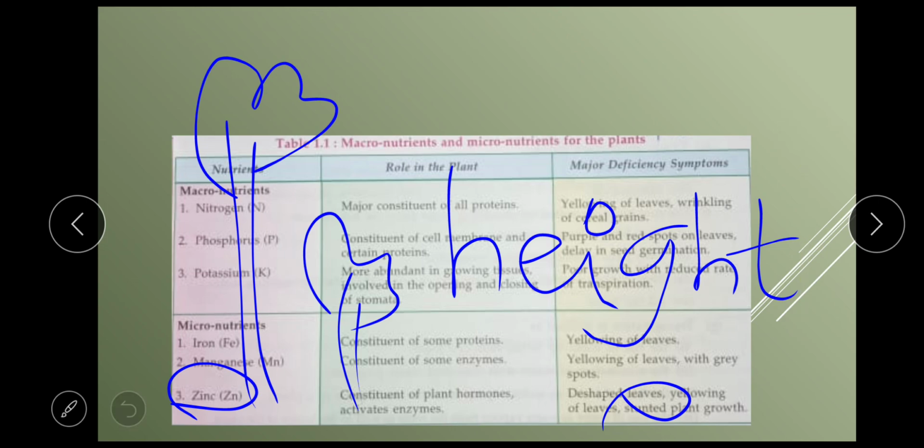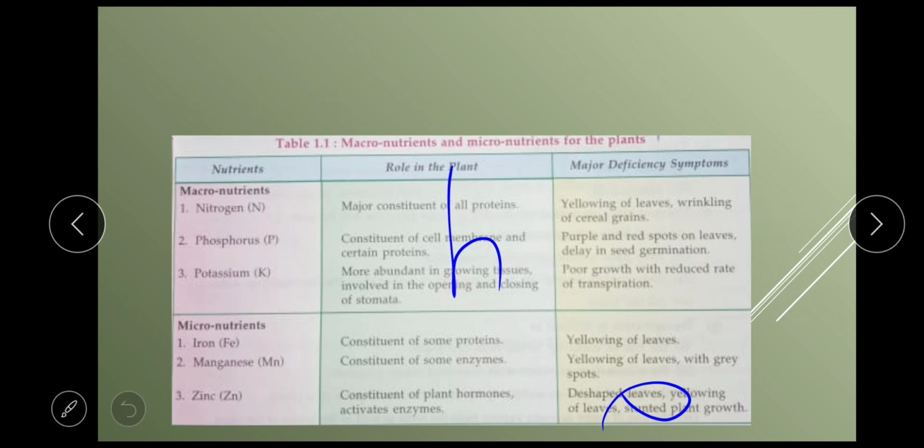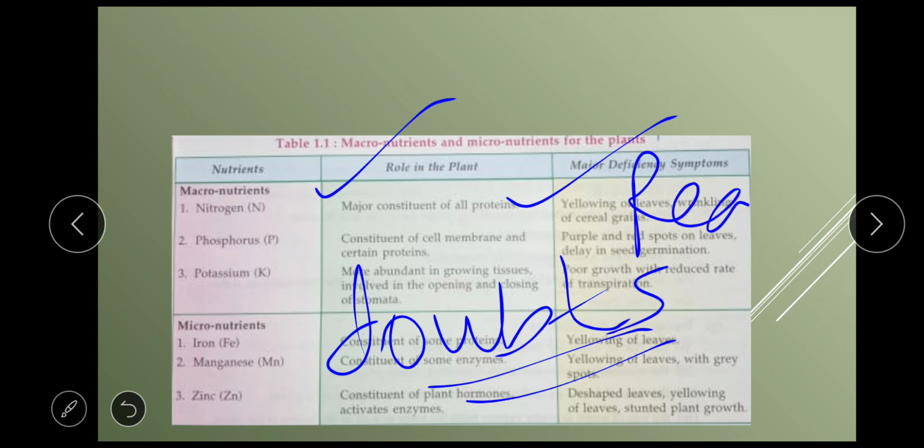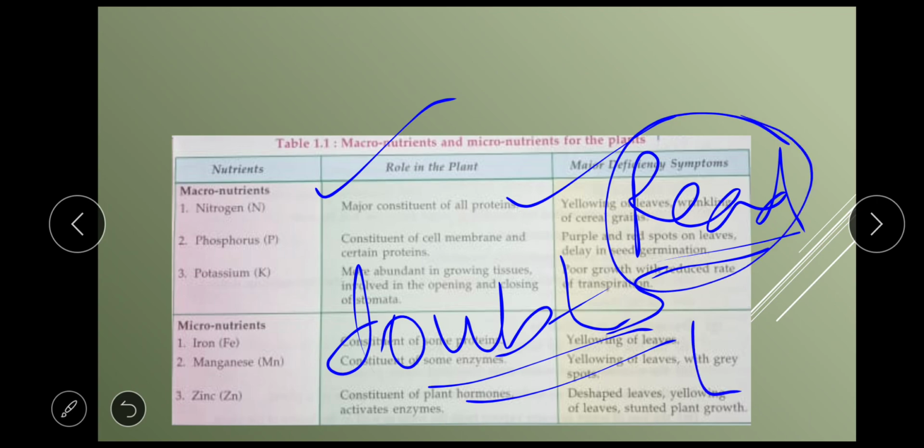Understood? So with this was the last topic. With this we have covered everything. If you have any doubts in the chapter, I'll keep a small doubt lecture also. You read the chapter properly and mark any word, any sentence. If you have any confusion in it, you can ask me. We'll discuss it in the live lecture.